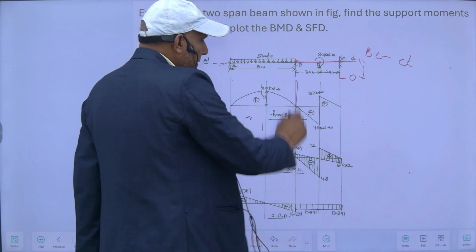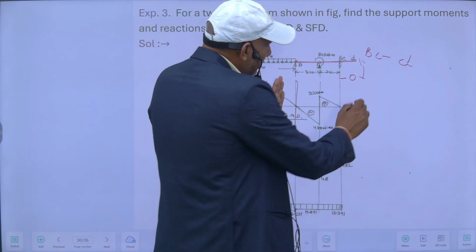So for this case, my Ax bar for this will be,